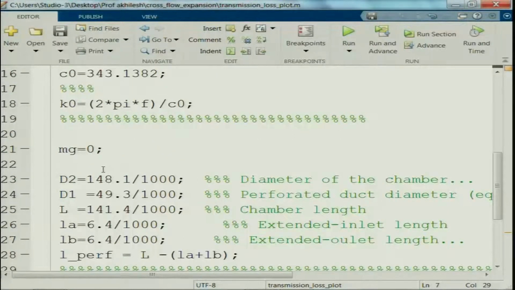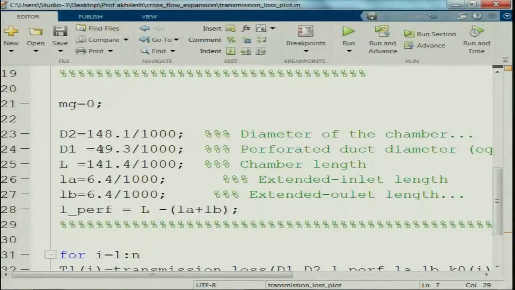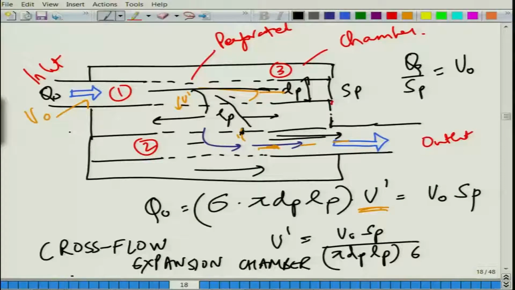frequency range, and all these things are known. Now, D2, let us come to the business end of the things. So, D2 is your diameter of the chamber. So, going back to the presentation, by D2 I really mean this thing, and here I am assuming, now one thing that I want to make clear here, I am assuming D1 is equal to D3.